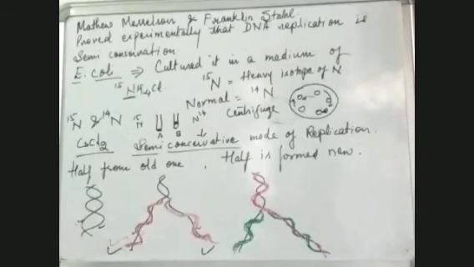But the same thing happened here. What happens here? Again, next, they cultured that E. coli in the medium of N15 till both the strands of its DNA got labeled with N15, for 1, 2, 3 generations, till both the strands of its DNA